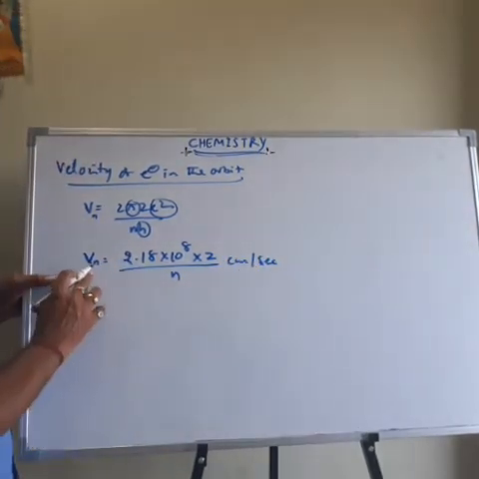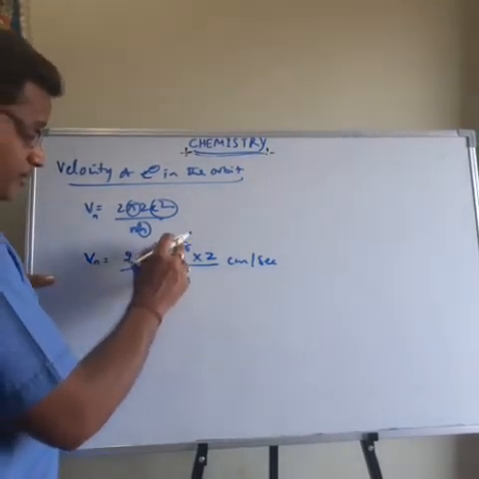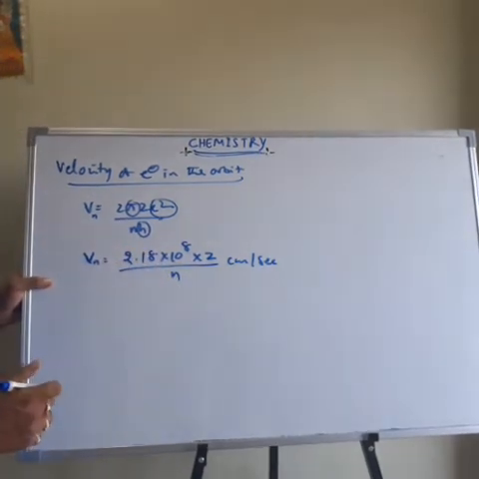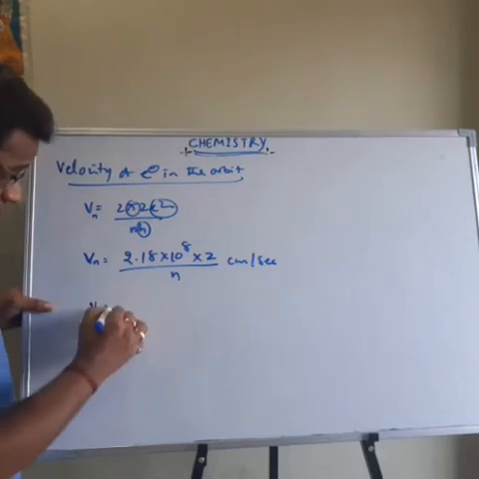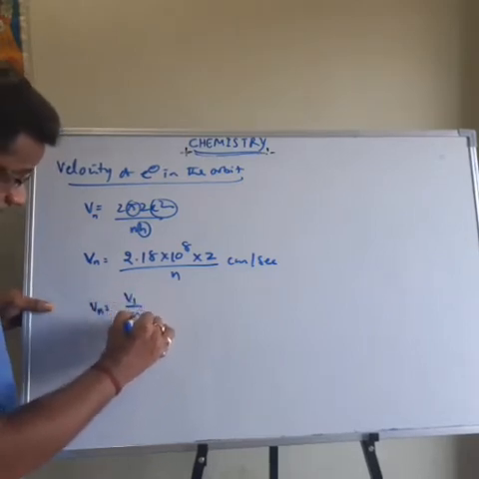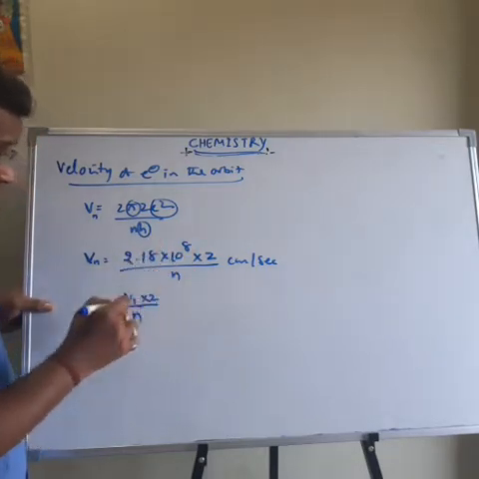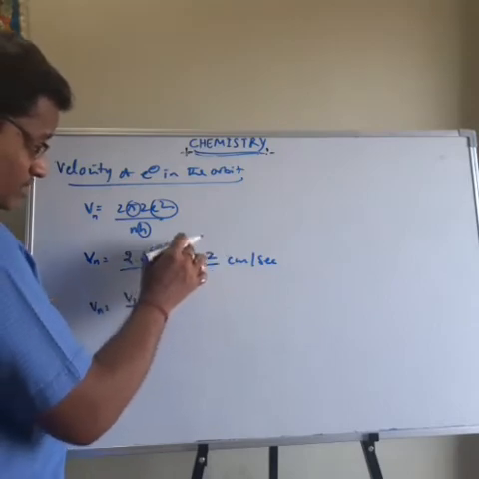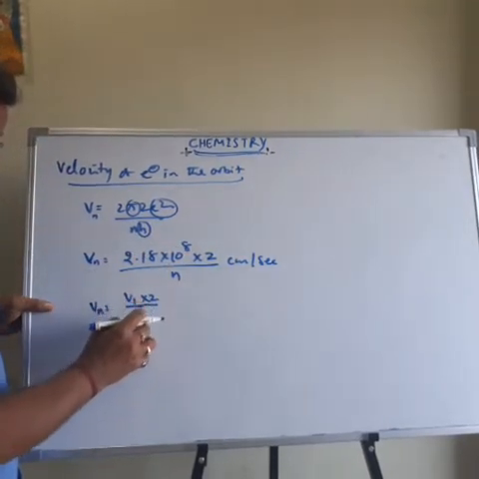So this is the velocity of the electron in centimeter per second within the atom: 2.18 into 10 power 8 into Z by n. Here Z is the atomic number and n is the orbit number. For Vn, it is V1 by n. So this is one of the formulas. V1 means the first orbit of the hydrogen atom, where n value is 1 and Z value is 1. So that's why this is V1 into Z divided by n.